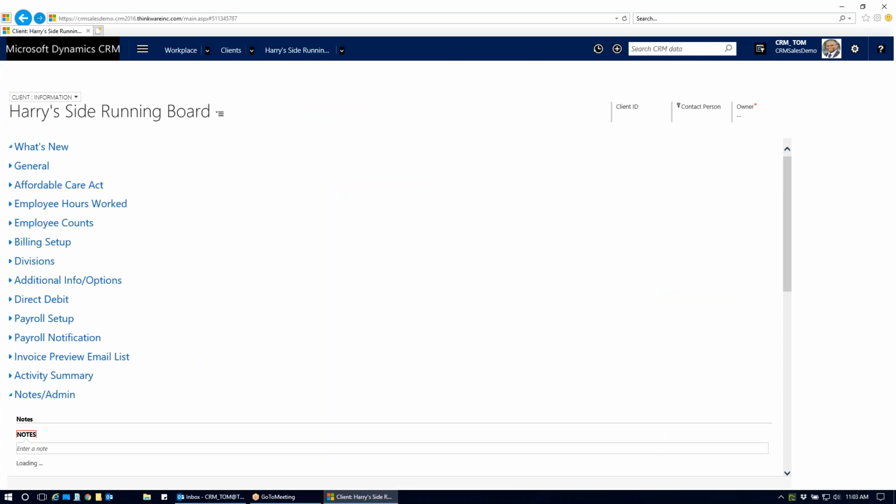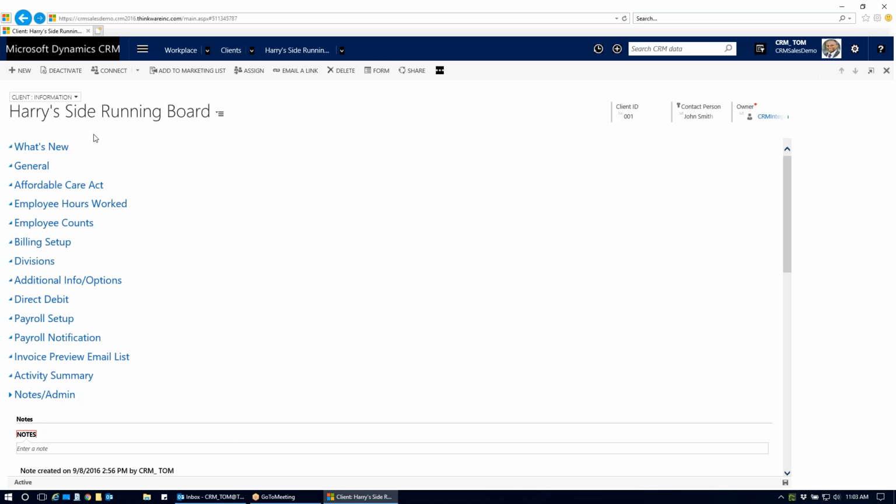By simply clicking on the client, here's everything about the client on one screen. So this is, once again, synchronized with the back office. When something changes in Darwin, it's automatically updated out here, which you'll see in some other videos can really be useful for things like workflow. Once I'm on a screen, in this case a client, it doesn't matter if it's a client, an employee, or contact,